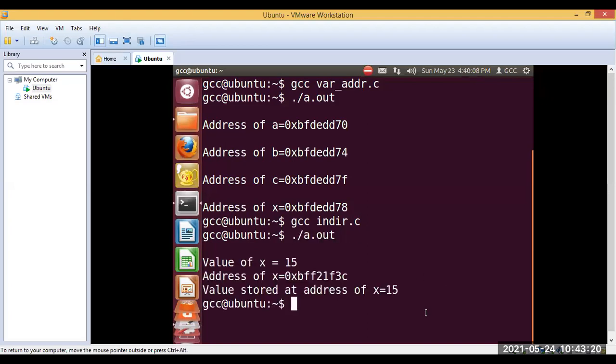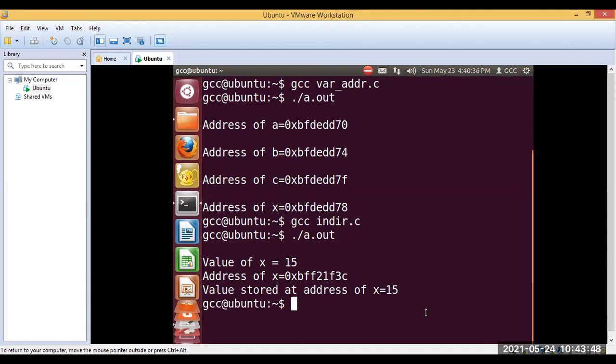Have a look at the output. First printf statement, you all know we're directly printing the value of x. Second one, we have written ampersand and x, which means it is the address. So that address is getting printed. Now third one again, I'm trying to access the value with the help of addresses.